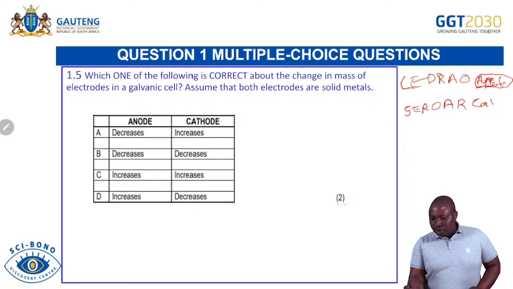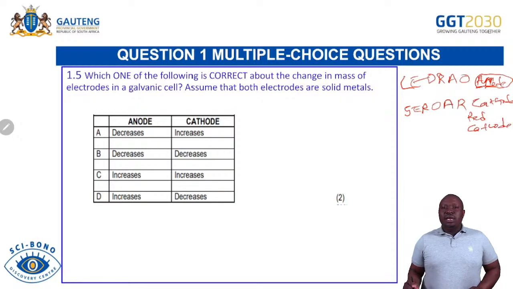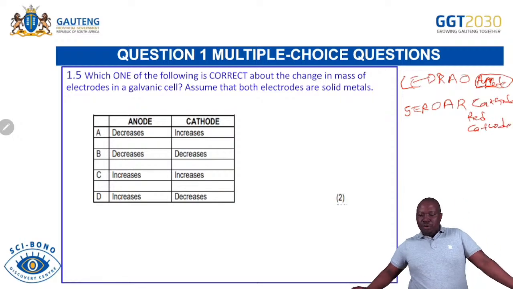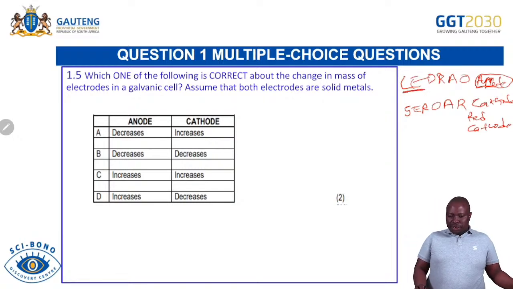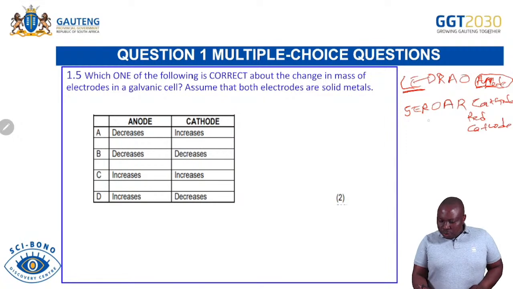So you have to remember at all times. Red cat, remember, red cat stands for reduction takes place at the cathode. And ox, we are saying oxidation takes place at the anode. So you don't forget that. Now, if a substance is going to lose electrons at the anode, remember the anode is the one where loss of electron takes place, which is oxidation. So it's going to lose electrons.